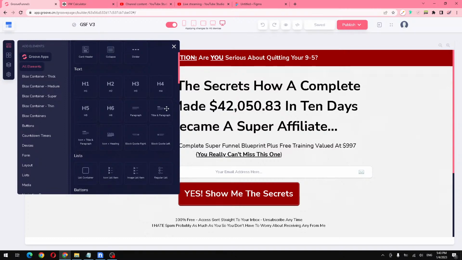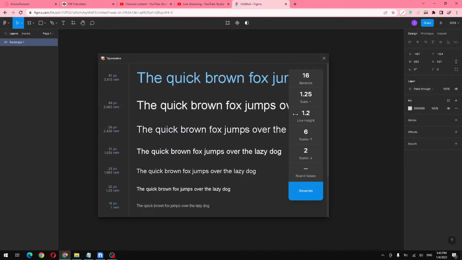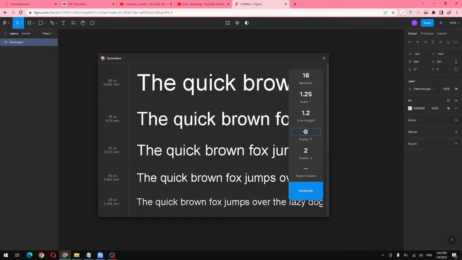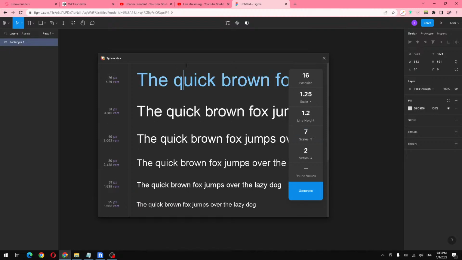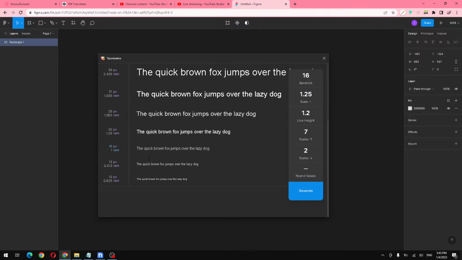So what I'm going to do is go to Figma, and I want the scales to be 8, because from heading 1 to heading 6 is 6 scales, and there is the title font, and there is also the paragraph font. Oh, let me have it at 7. Okay, like you see,